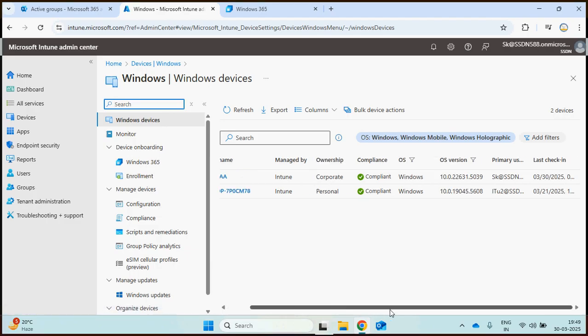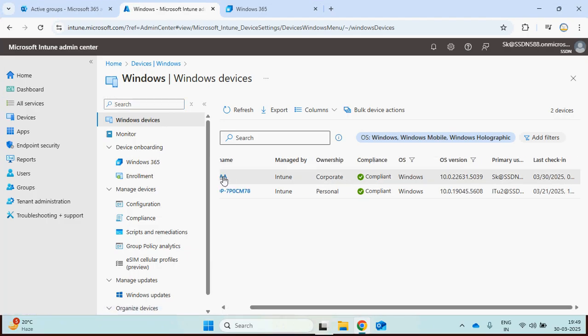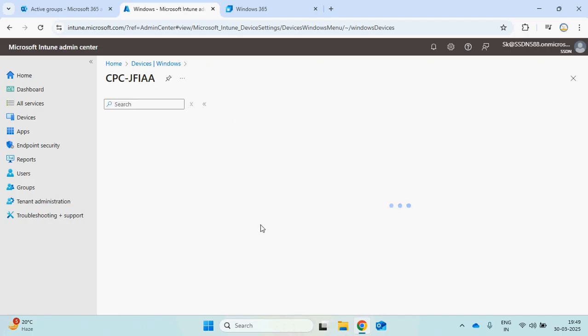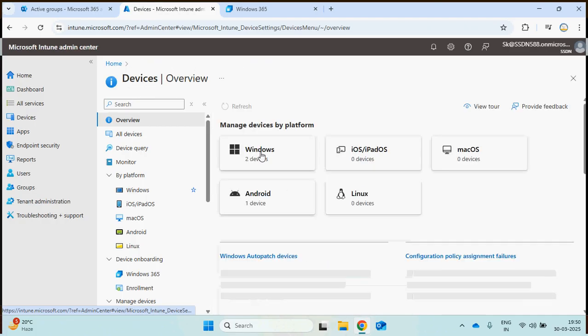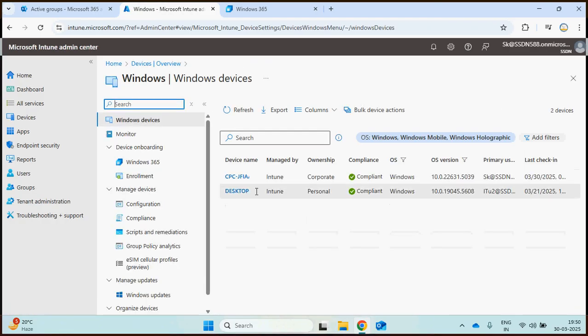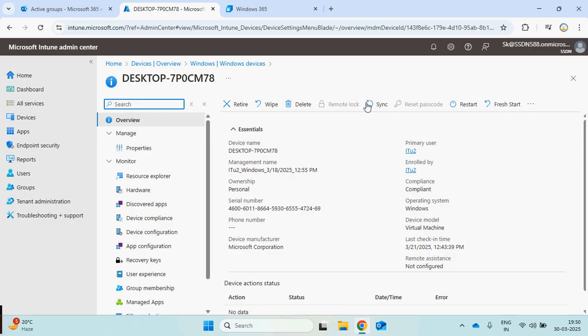This automatically gets integrated with Microsoft Intune. There are certain options which are not available in a normal PC, like resizing and reprovisioning. I do have a normal Windows machine under the same place, but if you click on its desktops, you will not see those options.